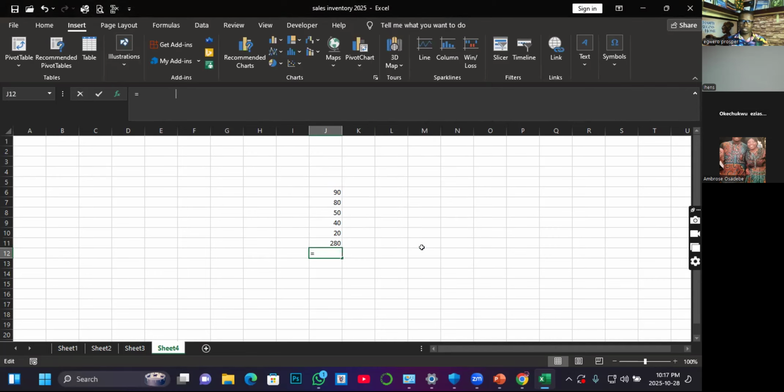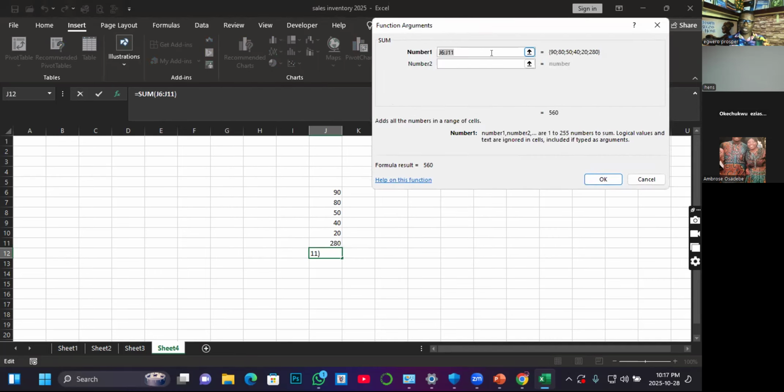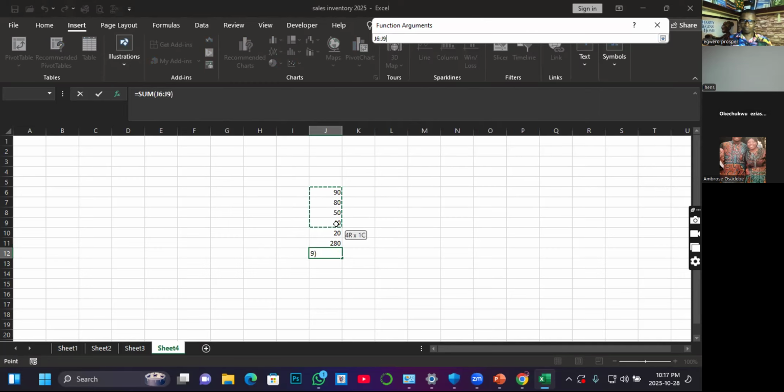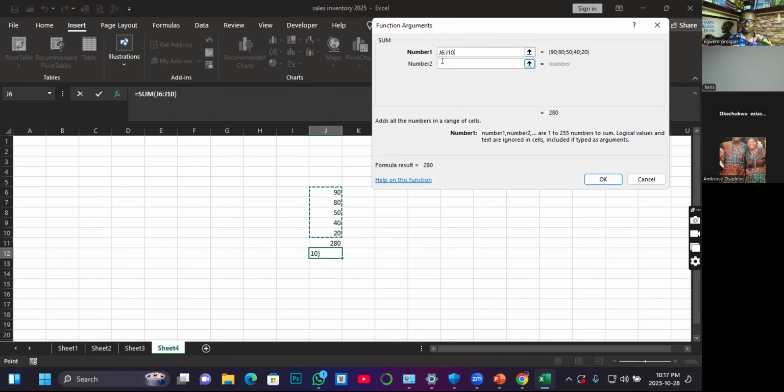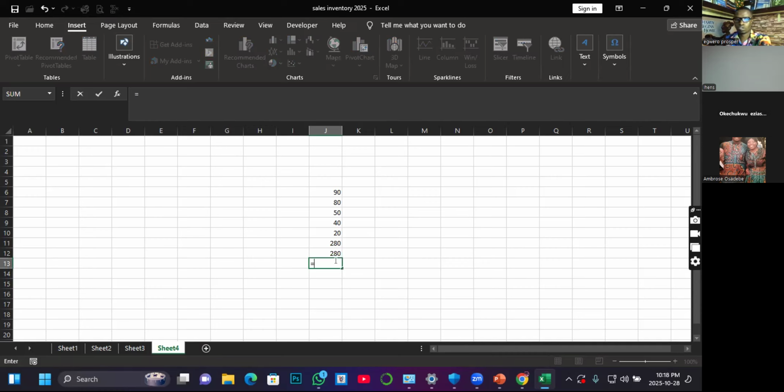And then click OK, and then it will give you a dialog box like this. Now, you will start calling the arguments one after the other. But if you want to, let's try what I did now. Look at this. As I'm highlighting all of them, you see it captured the range. Shikena, you see it now? That is one way. Or I can as well say equals to,